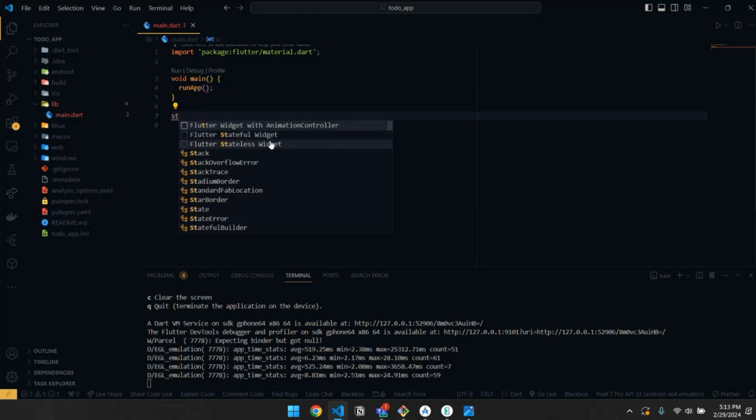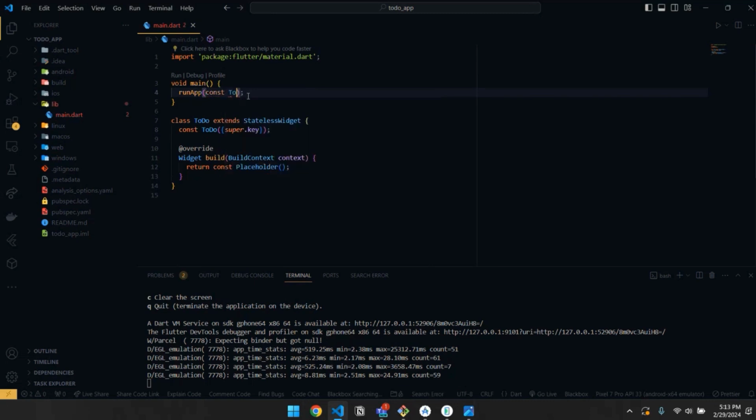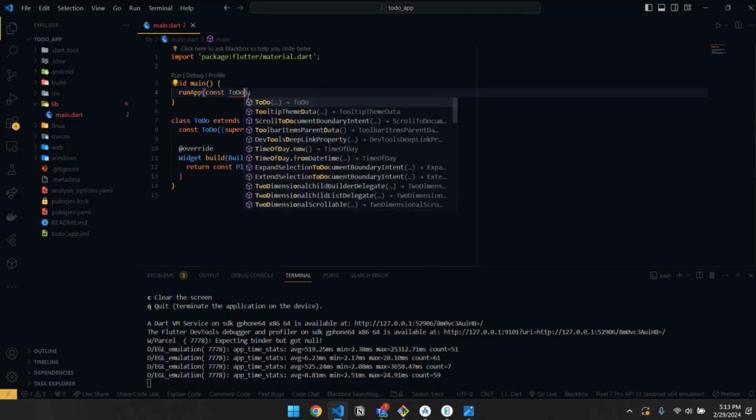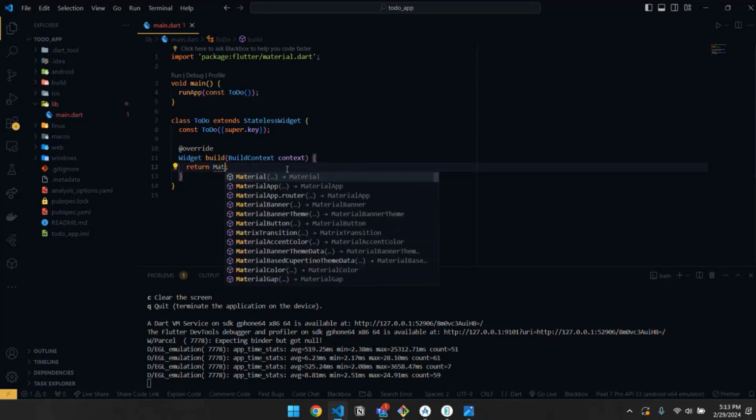So I'll just click on the stateless widget, and then you can see the first two things are highlighted. These are the main names. So I'll just name it as to do, and then I'll just run this here. Okay, and then I will be returning a material app,